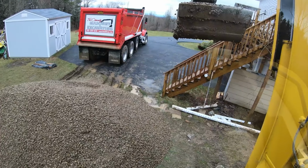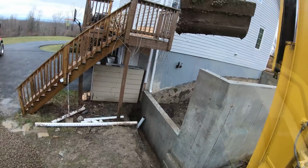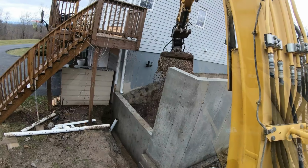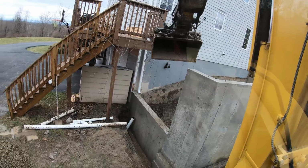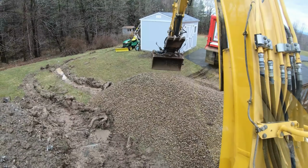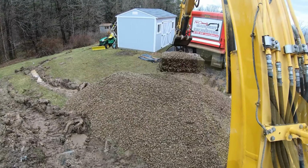We're gonna have to do all the, usually we put the stone in before the walls are up. So this is gonna be a little more challenging because I can't see. But it is what it is. I mean, the way it worked out, we had to do it that way. So a little harder on me, but I could get the wall guys in here the next day without, it was just too